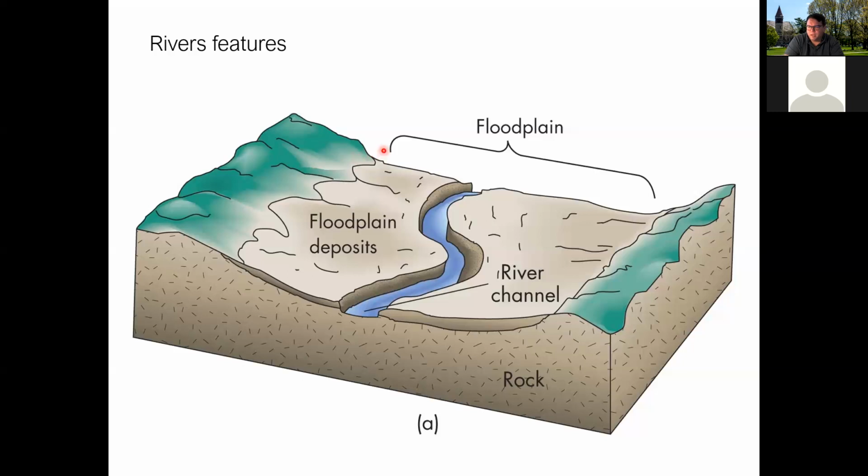And then the floodplain extends on, the floodplain deposits, of course, are on both sides of the river. The floodplain is just the region around the river that is affected by flooding, and as a result is the maximum range of the rivers. If you're buying a house or you're doing risk assessments for people who are buying houses or building,